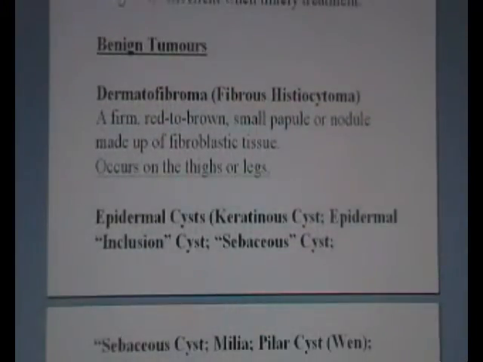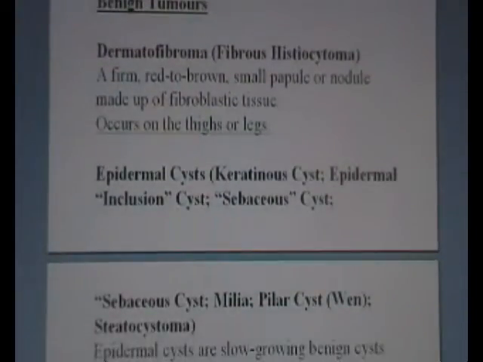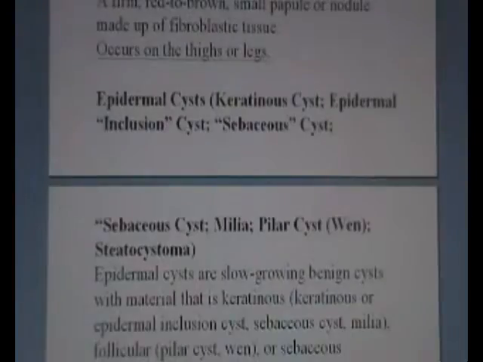So we've gone through infections, now we're talking about benign tumours. There's quite a few actually, but there's also some malignant skin tumours. You've really got to be on the game to pick these up. Now, benign tumours: dermatofibroma, a firm red to brown small papular nodule made of fibroblastic tissue, on thighs, legs. Epidermal cyst